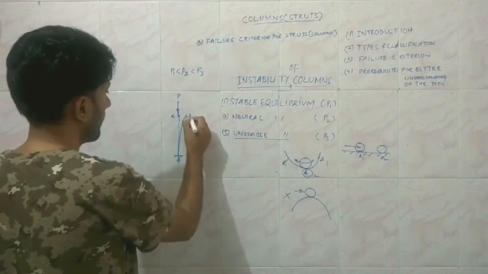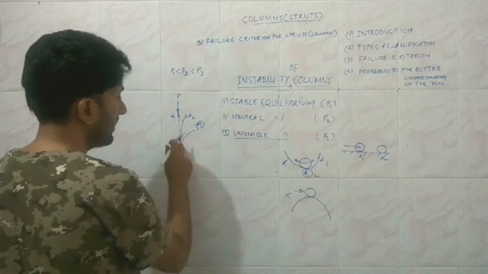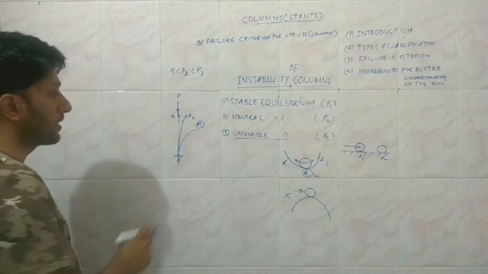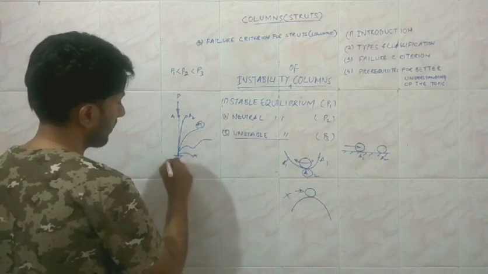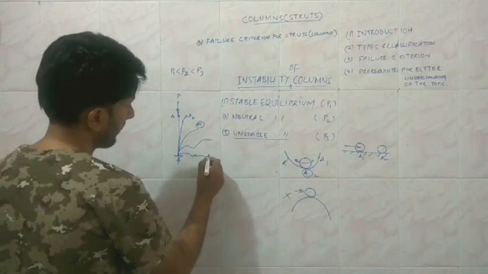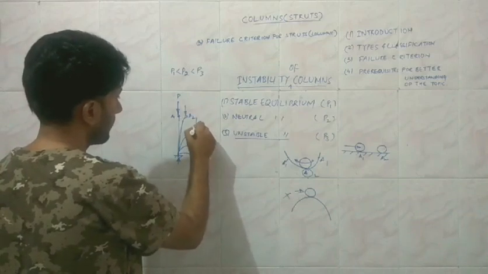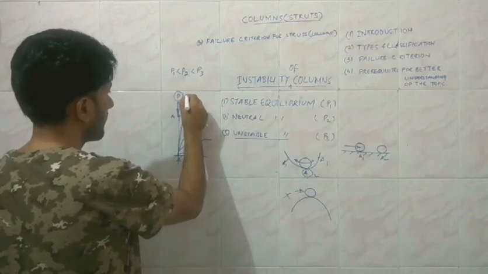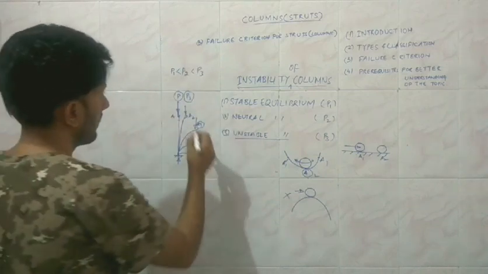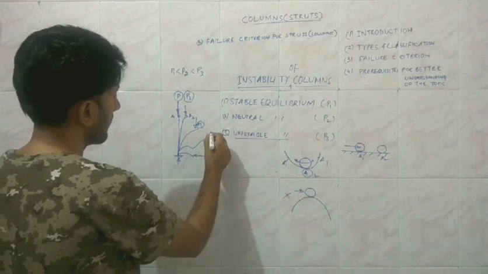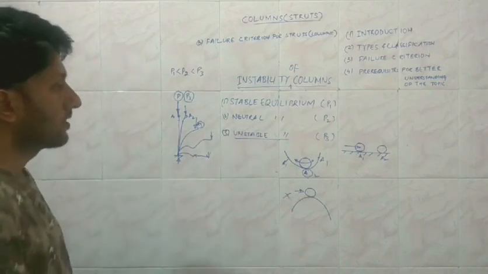Say it has reached A2, then it might have reached A3, and here the yielding value might have been crossed, or it may have crumbled, or later on it may break down, or the fracture value has been reached. So these are the conditions which are considered when the load P is P3, where P3 is the maximum load relative to the previous loading conditions, and such a situation is called